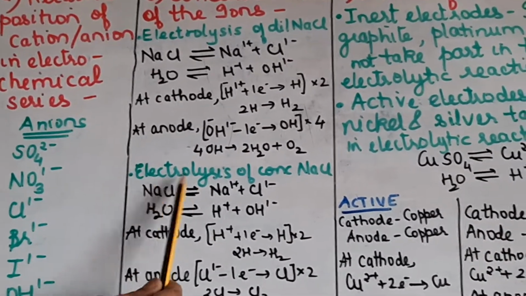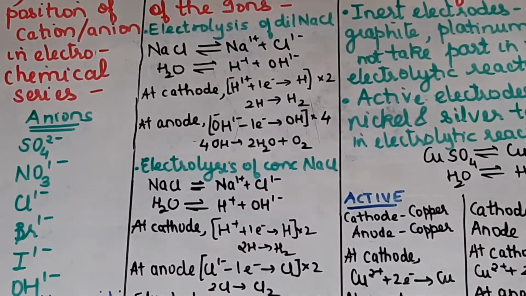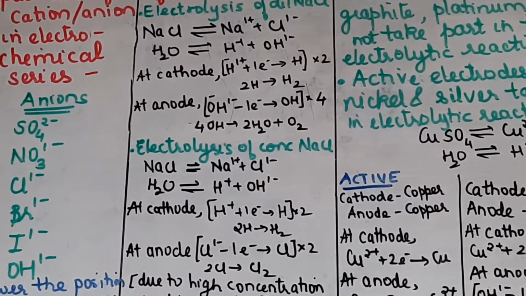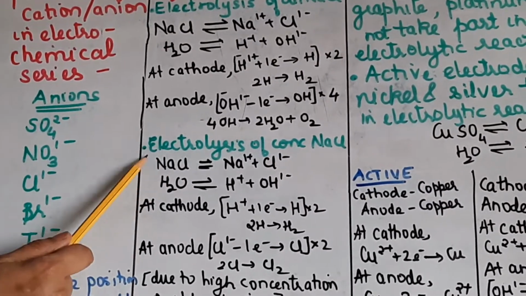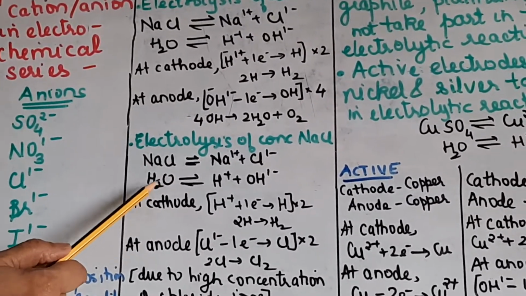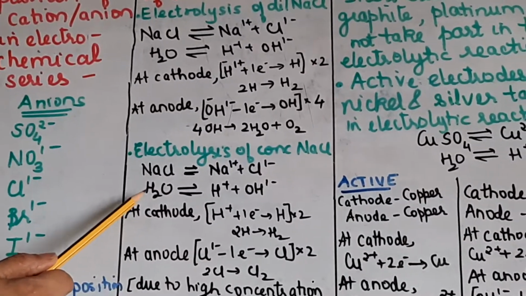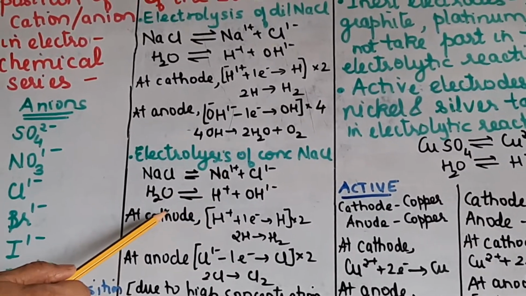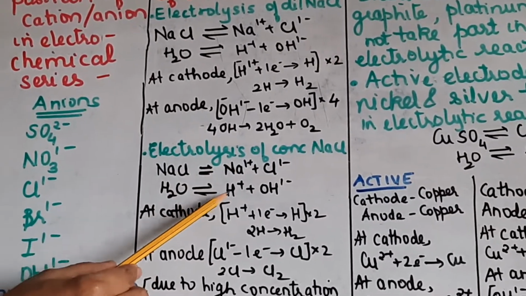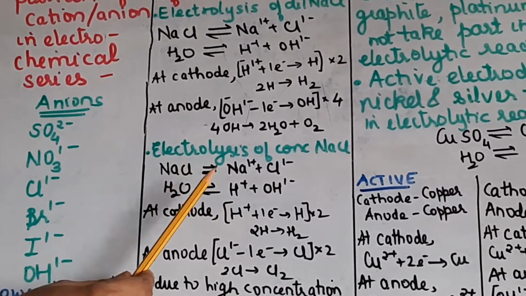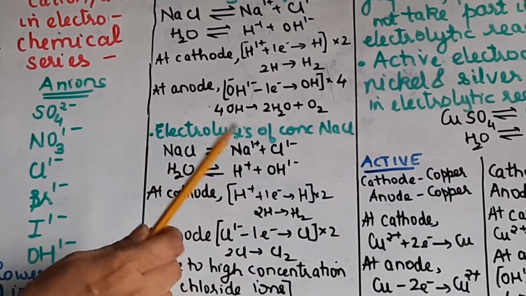Now when you are carrying out electrolysis of concentrated NaCl, this is our factor, that is, the higher the concentration of the ions, those ions will get preferentially discharged as the neutral atom. So again it is concentrated NaCl, so the dissociation of the electrolyte and water will be the same. Yes, there are fewer traces of water, but ionization will take place. Now again between sodium and H plus at the cathode, try to understand this, it is very important. Between sodium and hydrogen ions, though we are using a concentrated solution of sodium chloride, the position of sodium is very high in the electrochemical series.